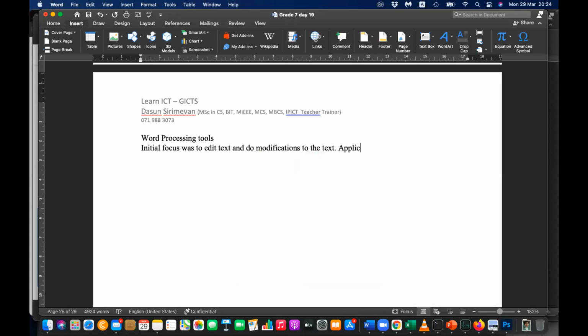Applications such as Notepad help this purpose. But later,